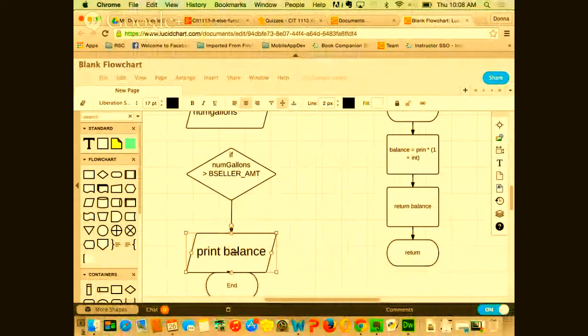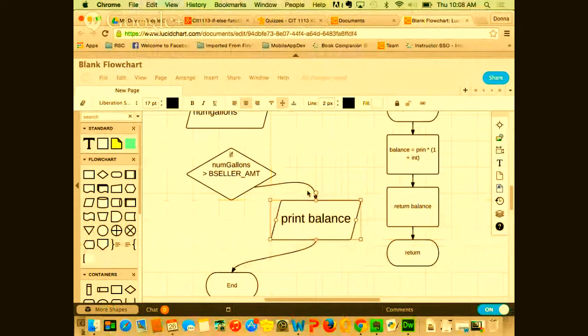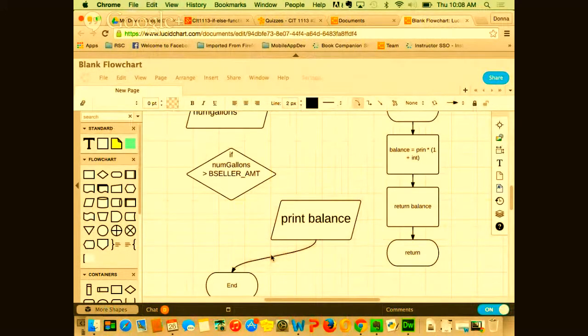let's put this output box, which I need to erase. Let me get rid of that so I can make it look better.